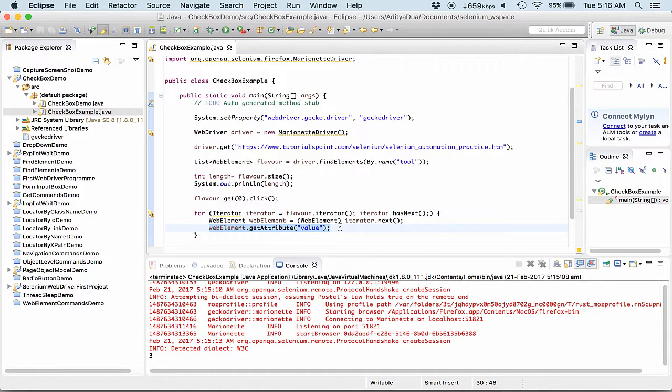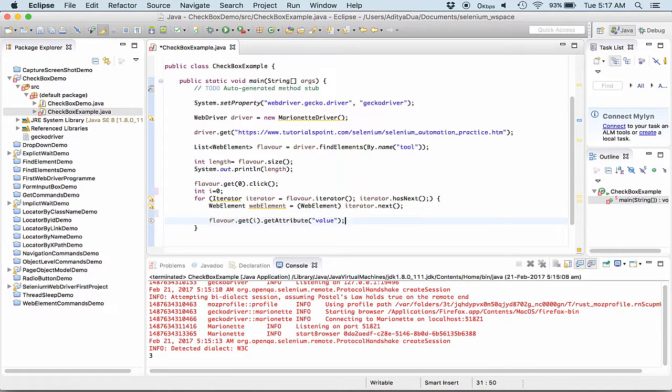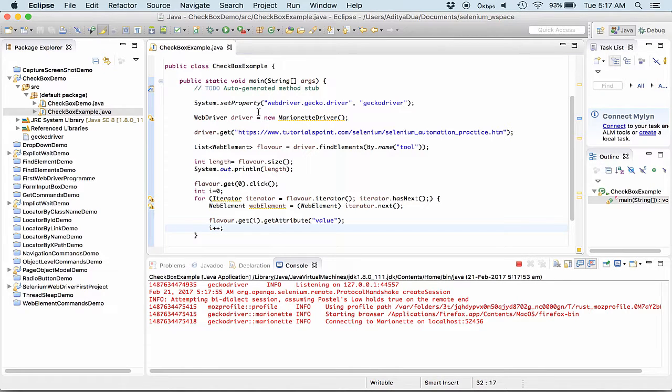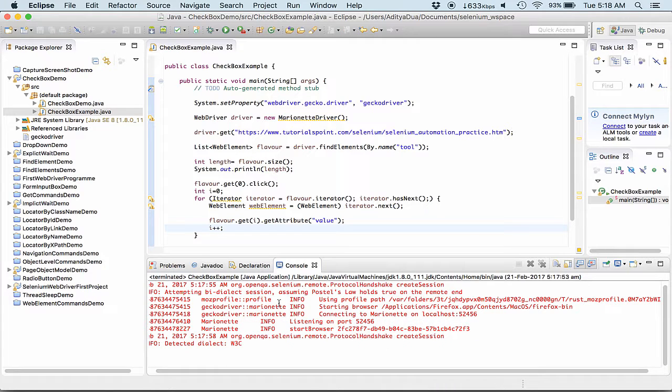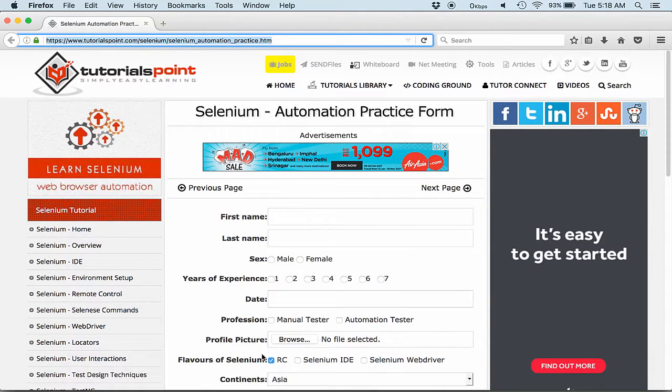Or else, in spite of doing it this way, what we can do is directly pass flavor. So now it will get the value attribute for a particular element we are passing, and we are initializing the I over here, int I equal to 0, and defining after this one as I plus plus. Now let's see if it runs and gives us the expected result out of this execution. So it has run, and ideally it should have opened, and it has opened up